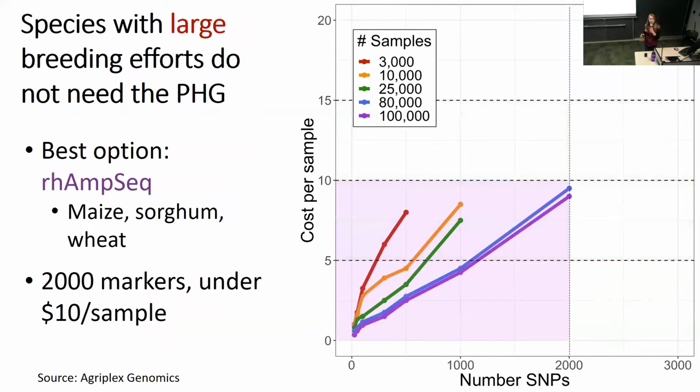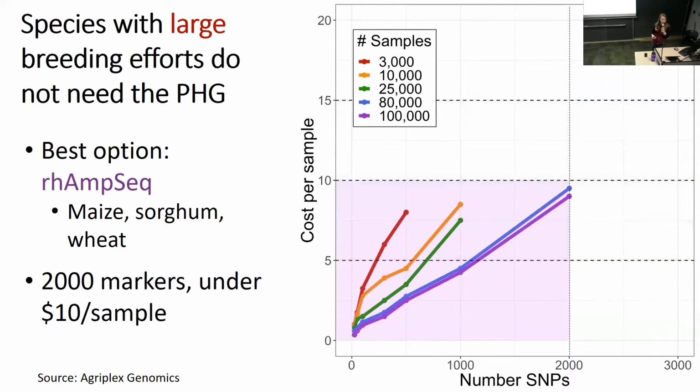If we start adding data, we can see that if we're working in a species that has a lot of breeding efforts going on, maybe we expect that across all breeding programs there could be 80,000 or even 100,000 individuals that are being genotyped. Then we're following the blue and purple lines on this plot, and actually Rampseek is going to be our best bet. We can get about 2,000 markers from Rampseek,